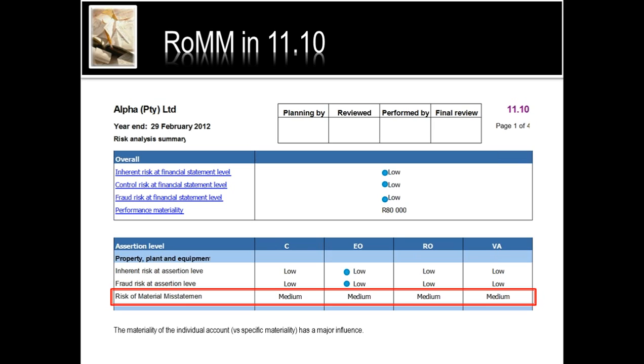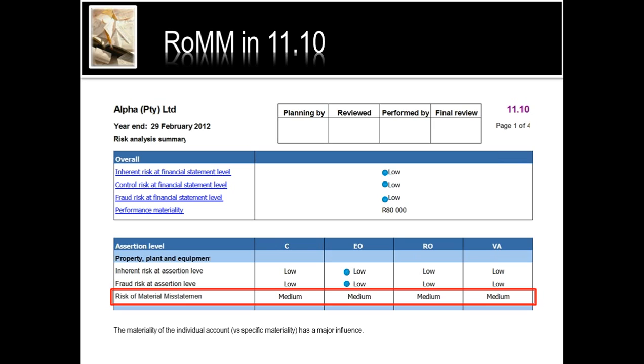One very important thing is the methodology that we have implemented here: the moment that an account balance is bigger than the specific materiality, that account will have a risk of material misstatement of at least medium. And that's exactly why I'm showing you this one for property, plant, and equipment. Your balance for property, plant, and equipment is likely to be rather big, 500,000 Rand, 2 million Rand, whatever, a rather big amount compared to, of course, the materiality account value that you're going to have for that specific